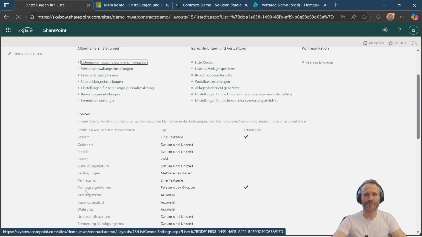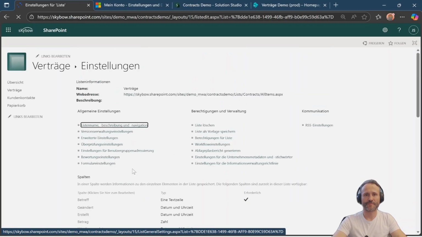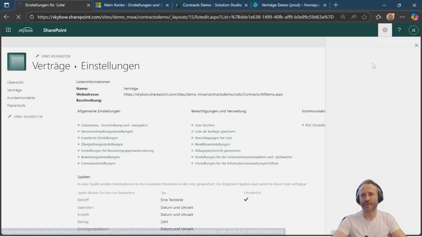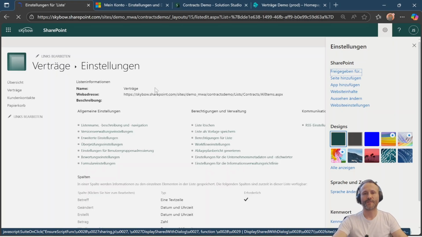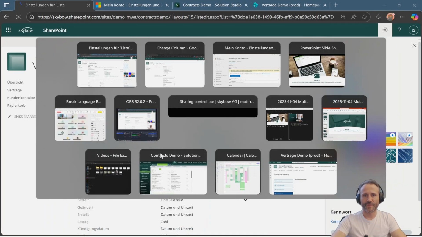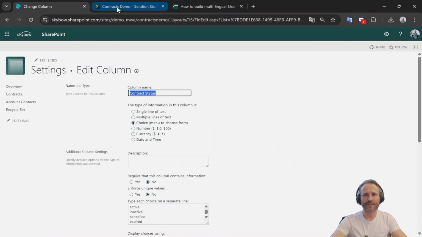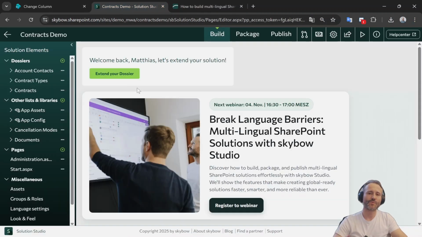They are all just translated here. Just make sure you have the right language activated. Normally you see it by the standard controls here, or the navigation. If it's in your language or in the language you want to translate, then you're correct. So if we now go to Solution Studio and have a look in,